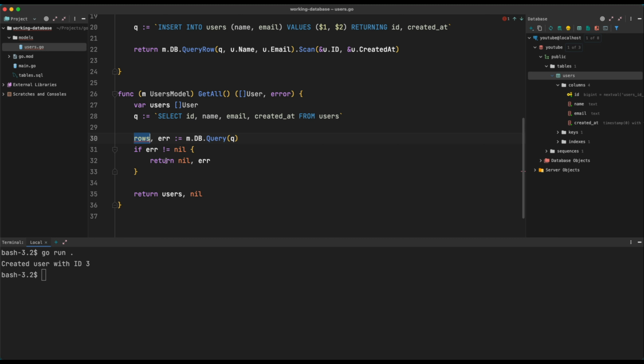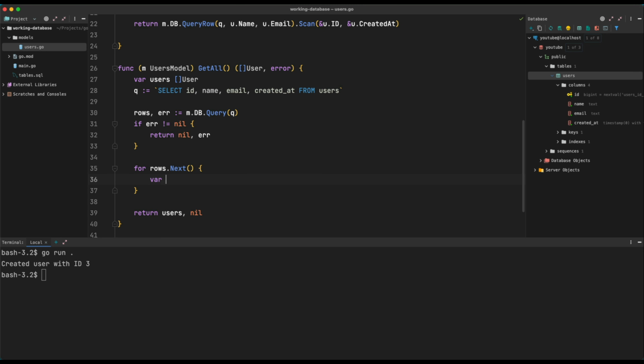Great. Now we have rows. Basically, we need to scan. So we can say for rows.Next, that means if we have more rows to access, continue looping, right? Then we need to create a user internally here that we are going to scan the data into, then we append it to this slice that we have. So what I'm going to do now is